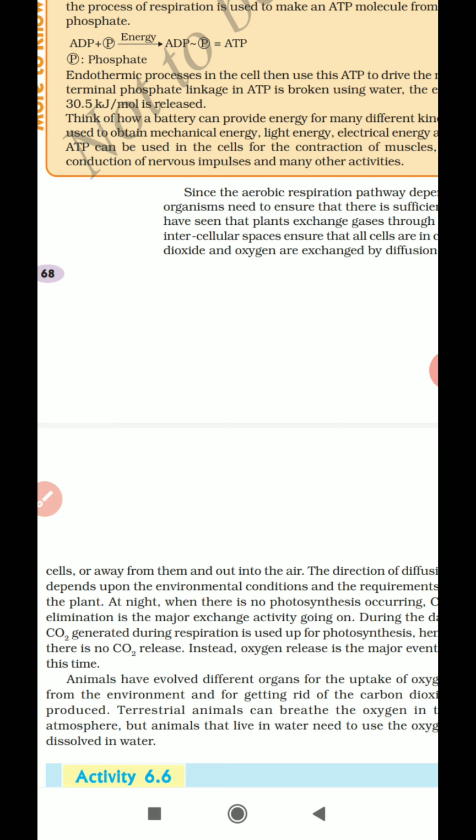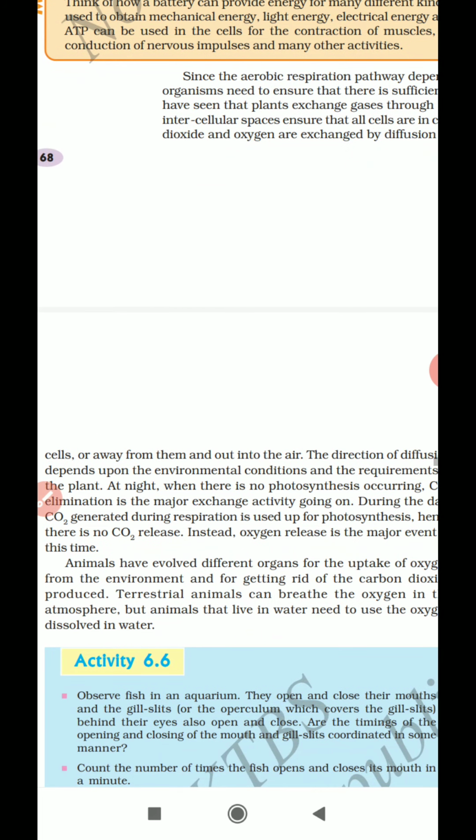gas during night times, whereas in the morning or the day times, what happens? Photosynthesis will take place, and the major activity during daytime will be photosynthesis, and the elimination of carbon dioxide or oxygen gas will be very less during the daytime, because the main focus during the daytime is only photosynthesis, and it will continue to do that photosynthesis. So this is how plants take up the oxygen and give out the carbon dioxide through the